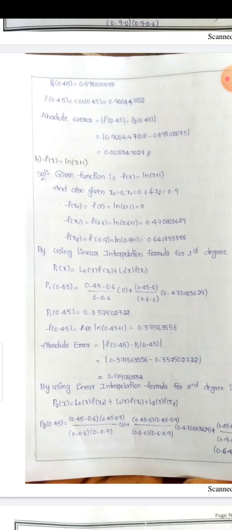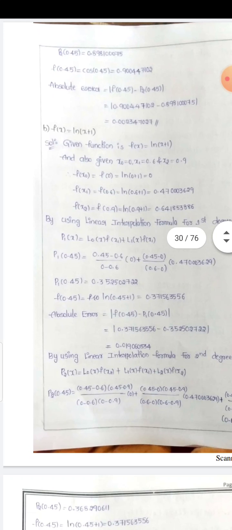0.371563556. Absolute error is equal to mod of f of 0.45 minus p1 of 0.45 is equal to mod of 0.371563556 minus 0.3525022722 is equal to 0.01906034. By using linear interpolation formula for second degree, x0 comma x1 and x2, p2 of x is equal to L0 of x f of x0 plus L1 of x f of x1 plus L2 of x f of x2